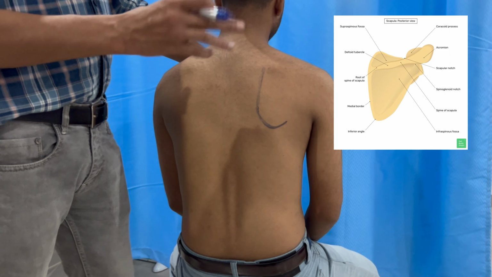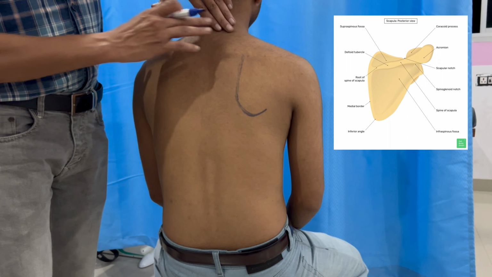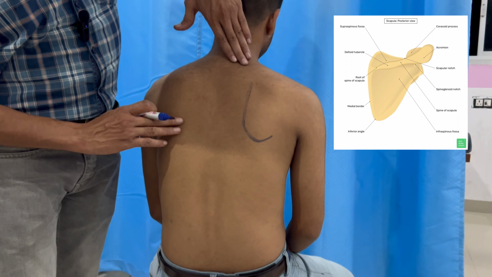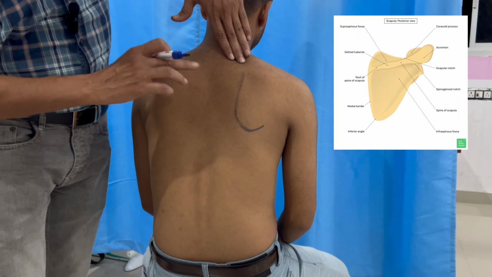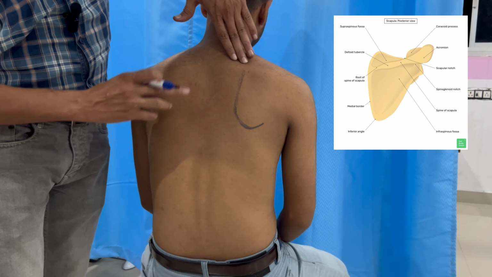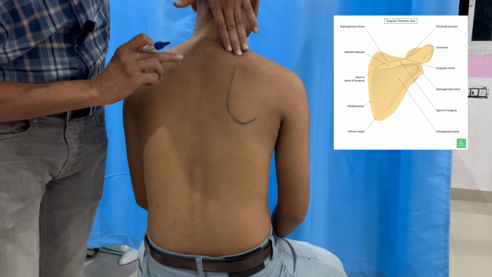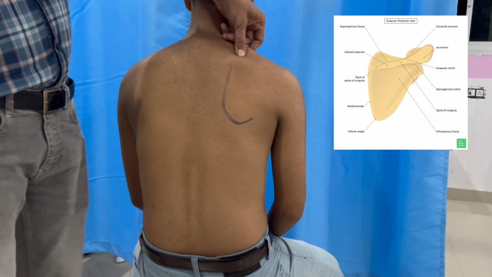So we can use another technique. Just place your finger pad somewhere over the base of the neck. Slide it in an oblique manner along the presumed anatomical location of the scapula. Apply a little bit more pressure, slide it down, and ultimately you can see